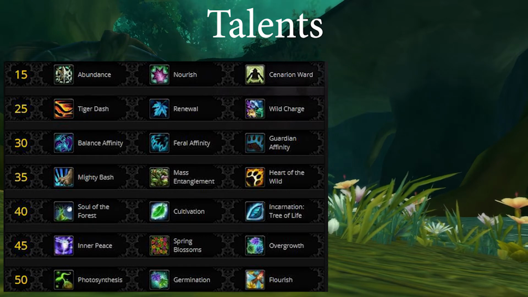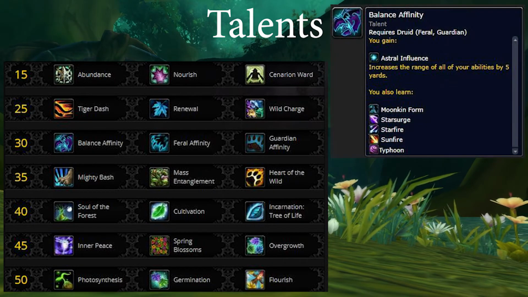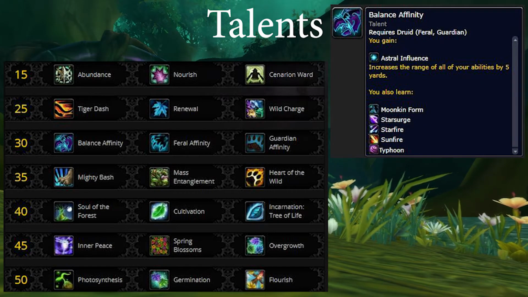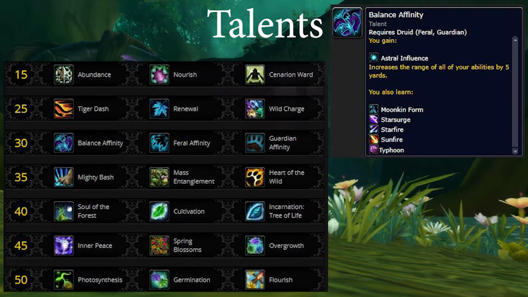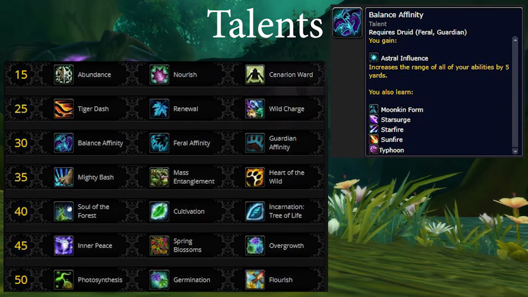The next row is going to be our affinities. In this row, there's going to be two choices really. With Balance Affinity, you're going to get an increase in the range of all your abilities, including your healing abilities. So this is pretty much the only one that's going to give you a healing buff, not because of a straight output buff,